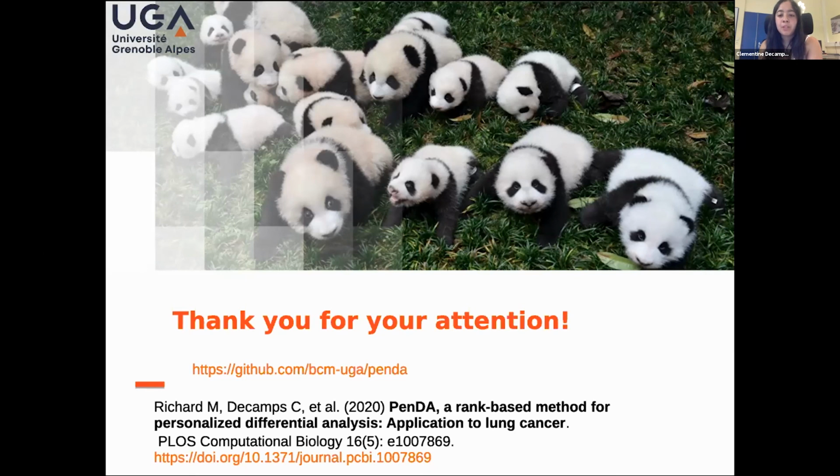You just have to adjust the parameters. For example, when you make the L and the H list, you can be less restrictive and say you just want a stable rank in 90% of controls and not 100%. But I think it can work, yes. Okay, thank you. Looks really promising. Thank you.